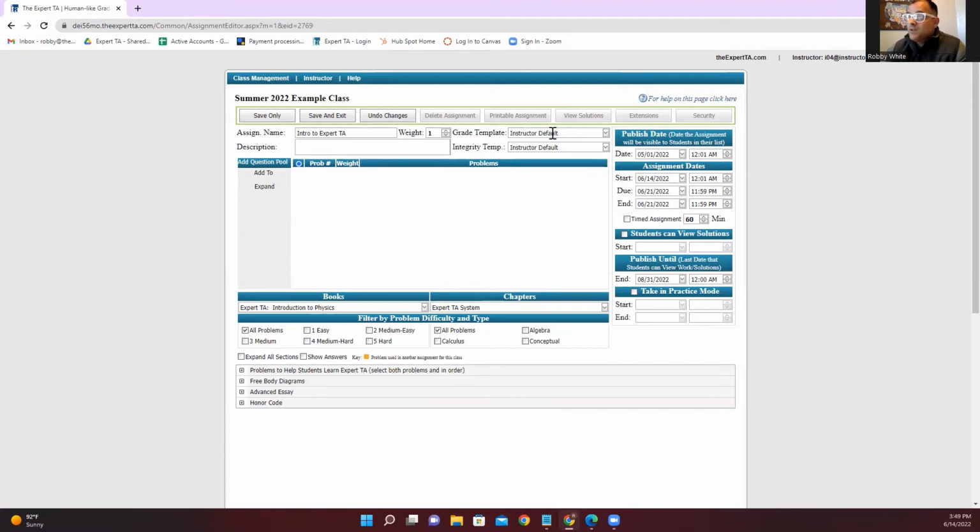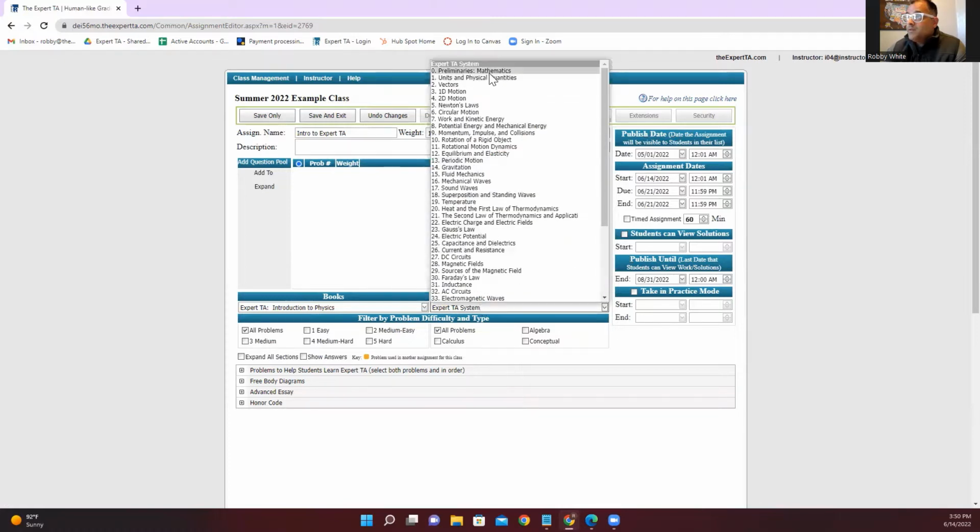I'm going to leave it with the instructor default grade template. Description isn't required. Here's a big preview area for the problems that we're going to select, and here are all the date options off to the right. Let's click the chapters list and see that this is our default Expert TA table of contents library for all